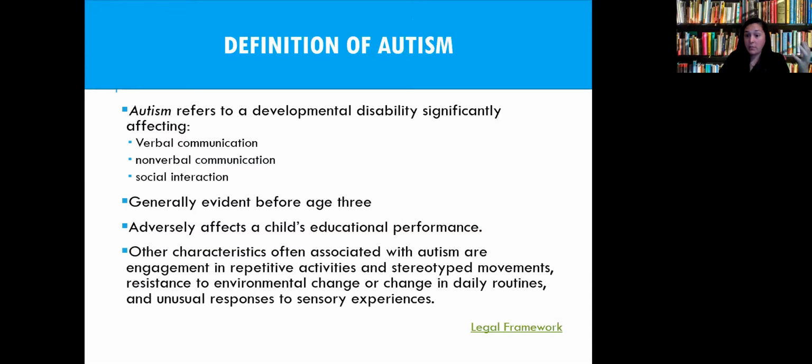Another area is autism. So I don't know about you, but I meet a lot of individuals who fall in this category. It's one of the joys of my life to meet kiddos with just such diverse needs and skills. But when you're looking at how an individual becomes eligible for services under this category, it is due to verbal communication, nonverbal communication, and social interaction deficits, okay?